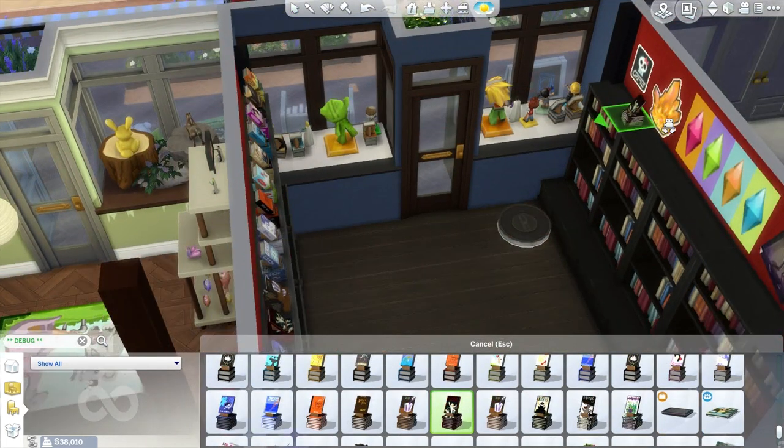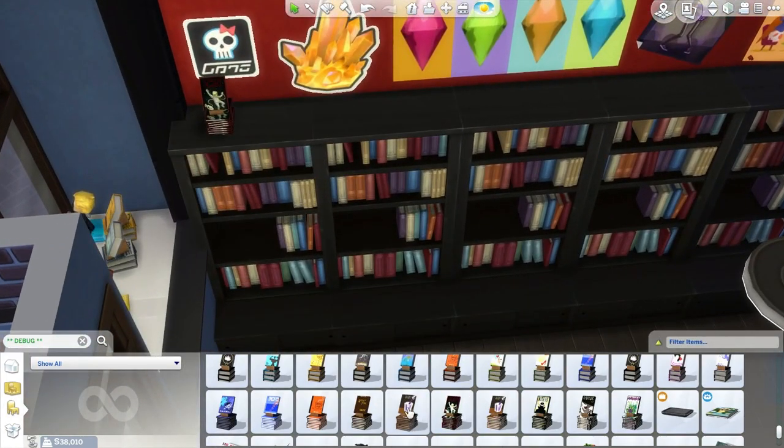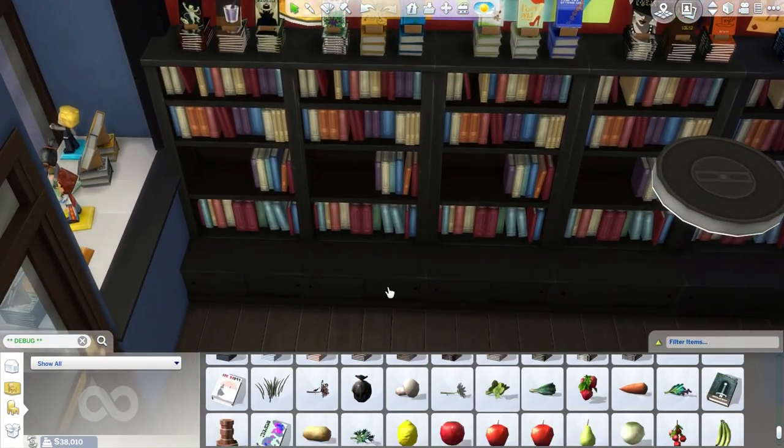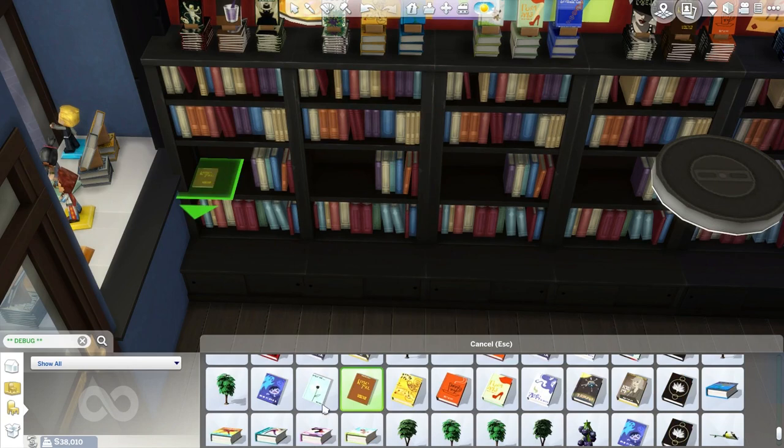Oh, they snap on top here. Okay, I'm gonna add some more in on top here. It's just lots of books all over the place. Okay, I got more books in on this side over here. Maybe I could put some in. I think they'll snap right in here, so I could have just some loose books sitting there, as if people